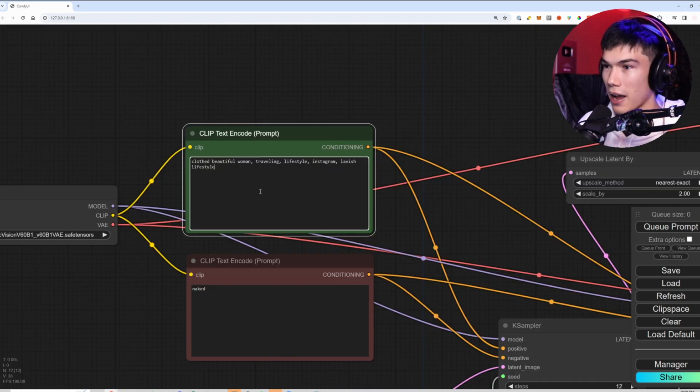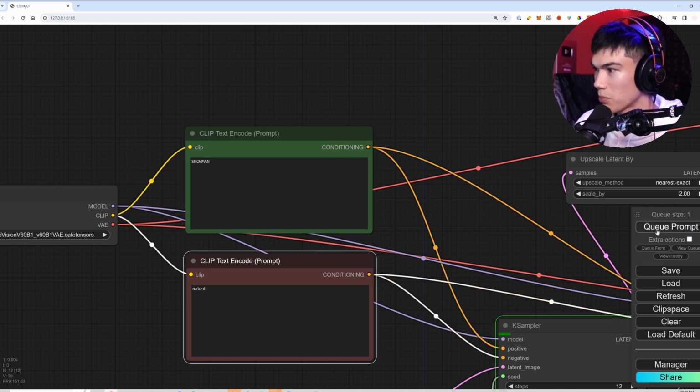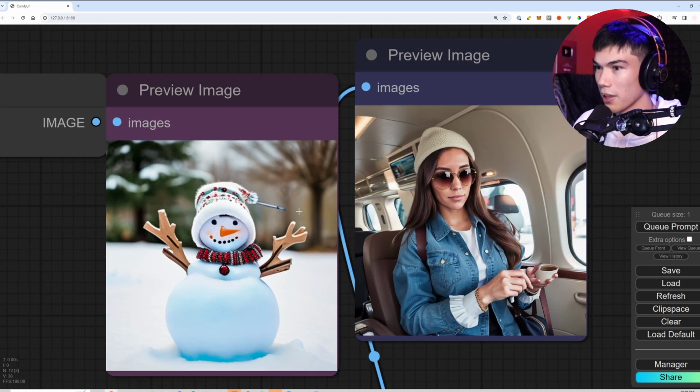And your prompt doesn't have to be AI influencer related. You could do anything. Let's just type in snowman. We don't want our snowman to be naked, so leave that in there. And Q prompt, and let's see what we get from that. Yeah, that looks